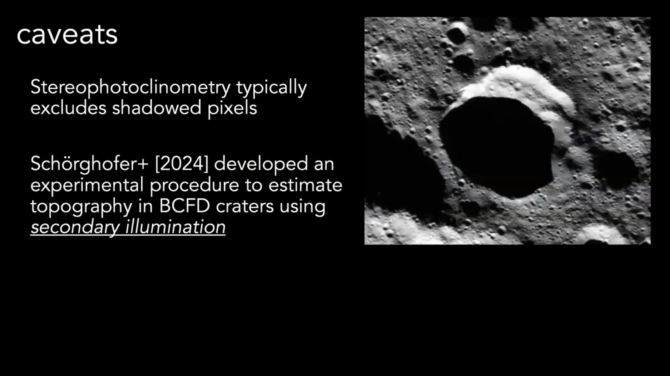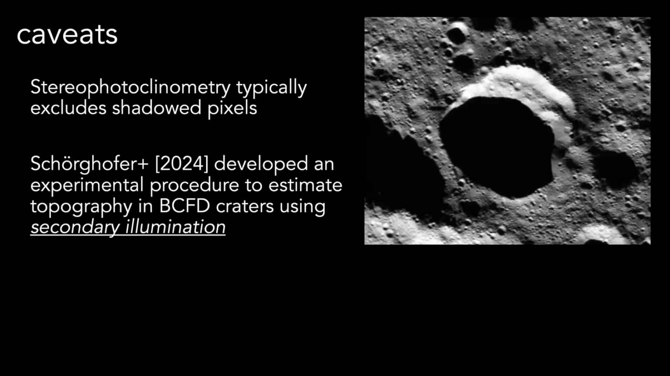Another major caveat is the way that these shape models were produced, which was using stereophotoclinometry. These craters, although they are not permanently shadowed in the true sense of the word, are partly shadowed as long as Ceres is at its current obliquity, which means that they were shadowed throughout the entire Dawn mission, and they were shadowed in every image that Dawn took of these craters. And typically with stereophotoclinometry, shadowed parts of the images are just ignored or assigned null values. But Shorthofer et al. developed an experimental procedure to try and estimate topography within the shadowed portions of these craters